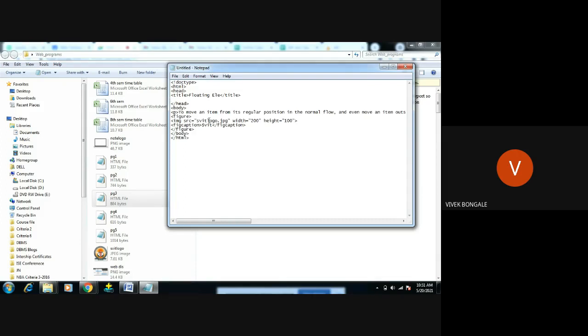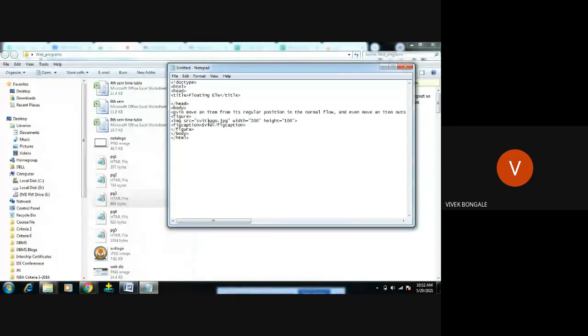First, I will write the code for the figure. The first concept is floating within a container. I want to create one box, one container, and in that container that particular image should be displayed, coming within that container.